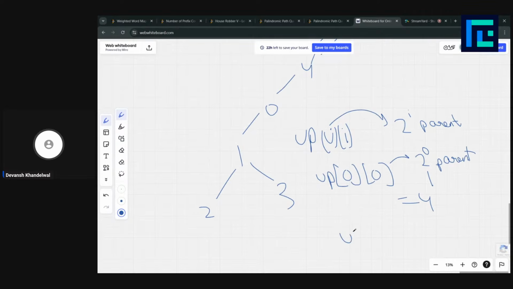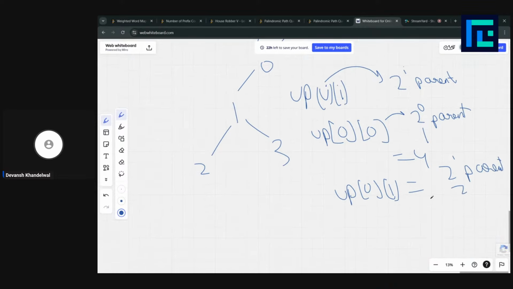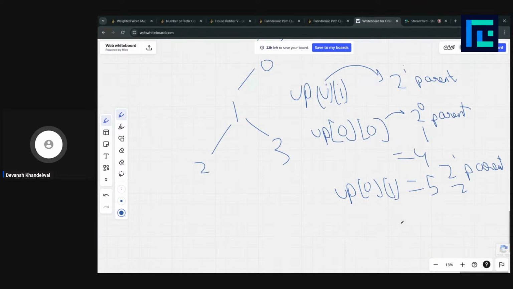And up[0][1] is going to store the 2 to the power 1st parent, which is the second parent, which is 5. Similarly, up[0][2] is going to store the 2 to the power 2nd parent, which is the fourth parent.